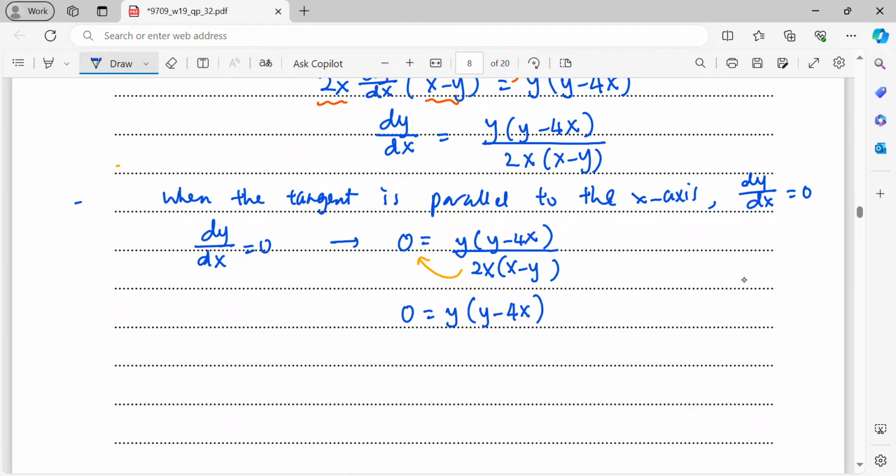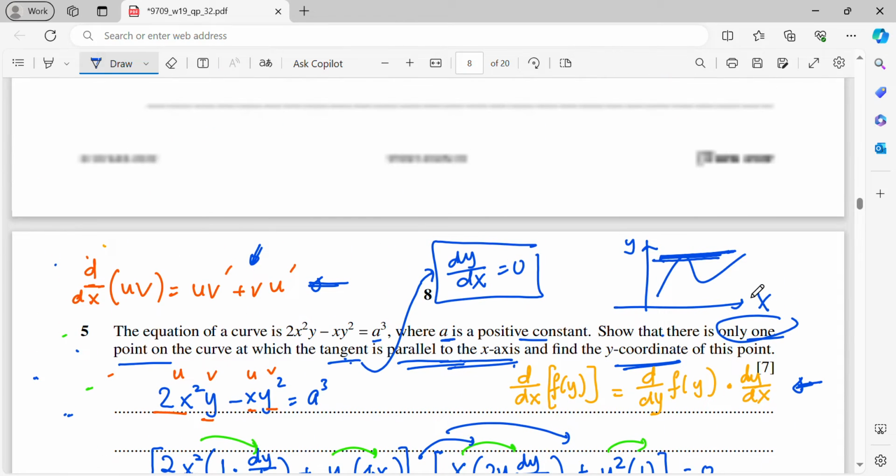Okay, so the multiplication of two terms equals 0 means one of them must be 0. Either y equals 0 or y minus 4x equals 0. That means y equals 0 or y equals 4x. Now, let's look at the question. Show that there's only one point. Okay, one point means we expect only one